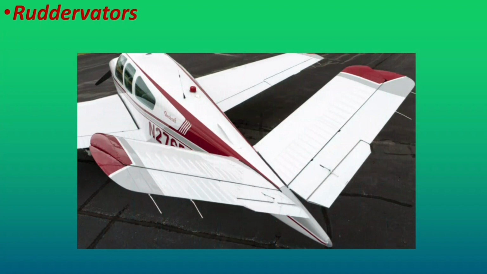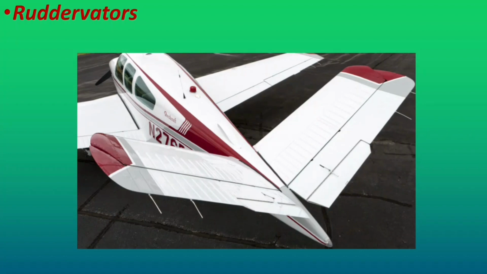Ruddervators. Ruddervators are the control surfaces on an airplane with a V-tail configuration. They are located at the trailing edge of each of the two airfoils making up the tail of the plane. Ruddervators provide the same control effect as the conventional control surfaces, but through a more complex control system that actuates the control surfaces in unison.